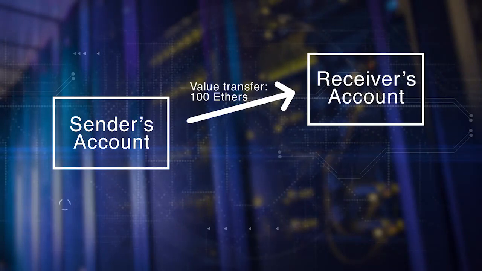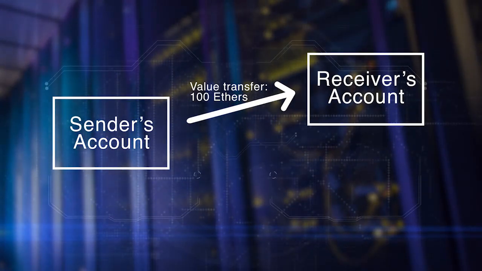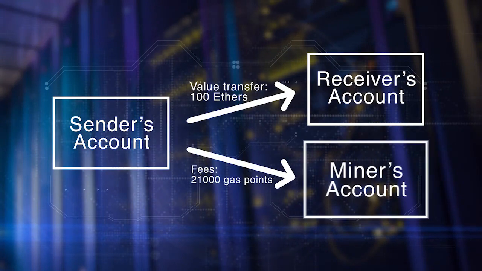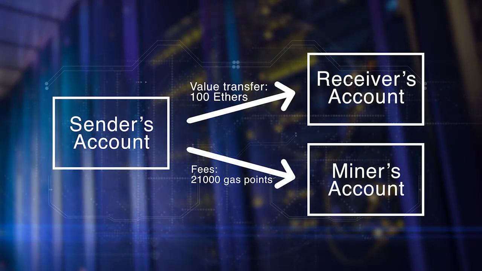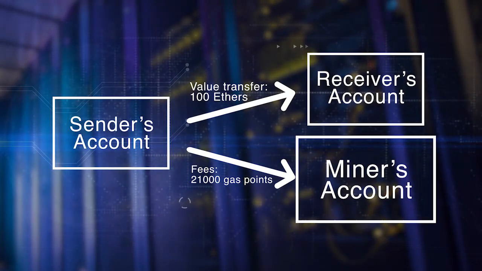For a simple Ether transfer, the amount to transfer and the target address are specified along with the fees or gas points. The amount and the fees are transferred to their respective accounts. Here we illustrate a transaction of 100 Ether transfer between the sender's and receiver's accounts. Note that besides this transfer, 21,000 gas points are paid to the miner who added the transaction block to the